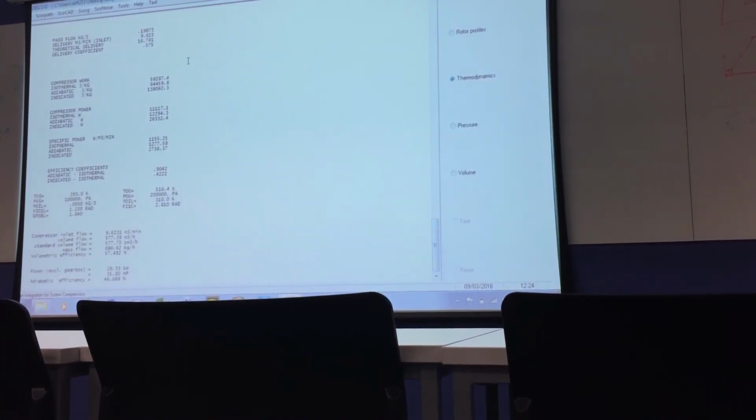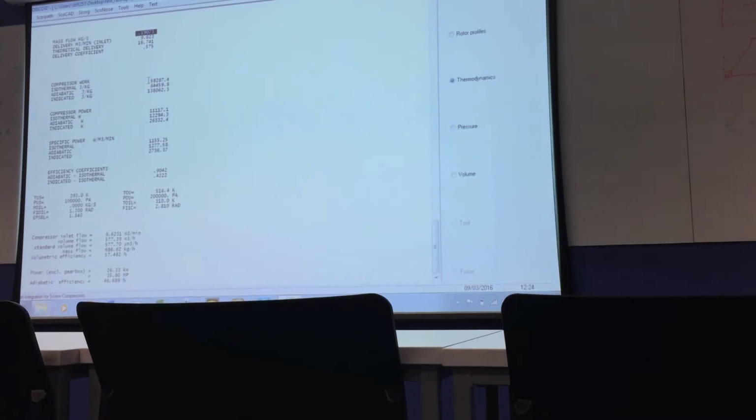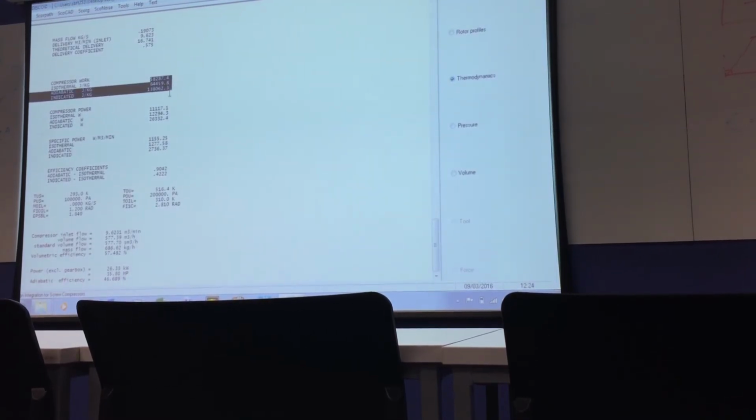So this is more or less the information about the performance. For example, mass flow, efficiencies, isothermal, adiabatic, and indicated.